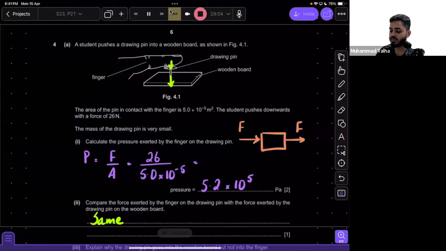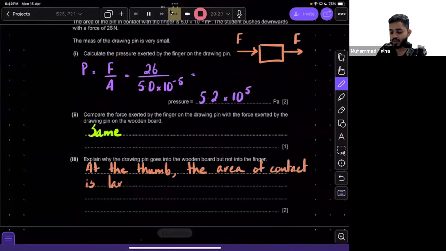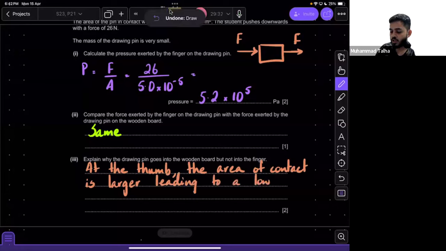This is exactly what I'll say here. At the thumb, the area of contact is larger, leading to a lower pressure. You could have also written this statement from the perspective of the lower end of the pin. So just to make this very comprehensive, I'll also say, or rather, it's not really similar, it's in contrast,